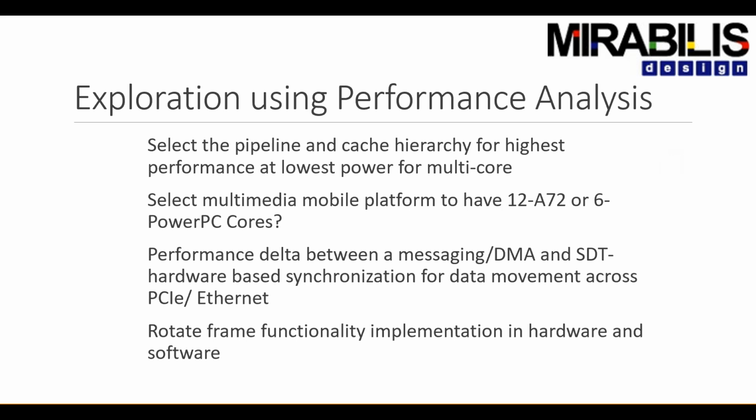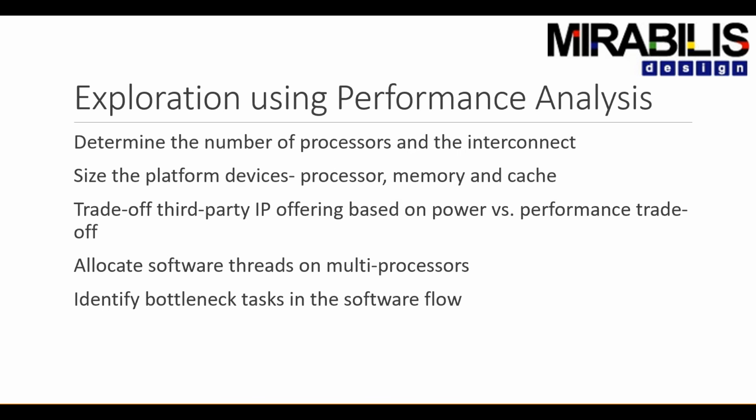The other area is looking at the software, which is, how many processors or how many cores and what should be the interconnect for the particular software. For a particular set of applications which are dedicated for this particular platform, how much should be the memory capacity, how much should be the cache, what should be the clock speed, things like that. Now, looking at comparing using a third-party IP block versus building something in-house, or trying to use the processor